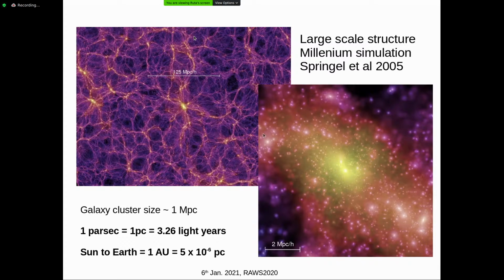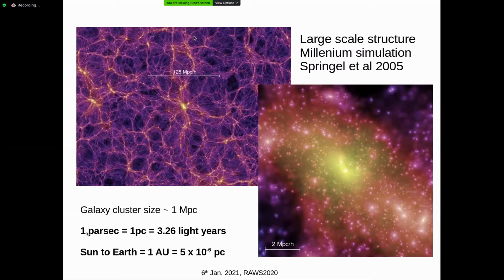So coming to the scales that we are going to talk about in our discussion about galaxy clusters. The typical size of a galaxy cluster can be said to be 1 megaparsec or so. And what is this megaparsec? Probably you have all come across it, or read about it on your own at some point, I suppose.